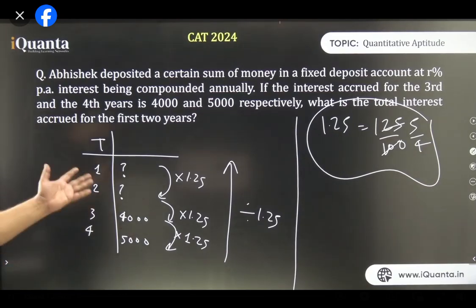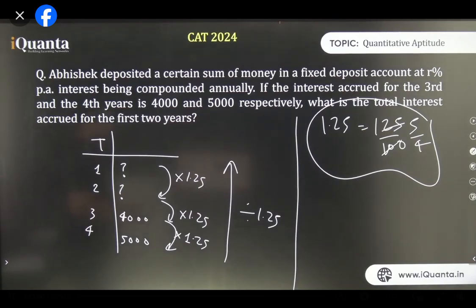Only for CI, Dishan. We are doing CI only, no? Now I hope you got it. Good. So multiplying by 5 by 4 is what we did when we moved chronologically. When we move back in time, we divide by 5 by 4.